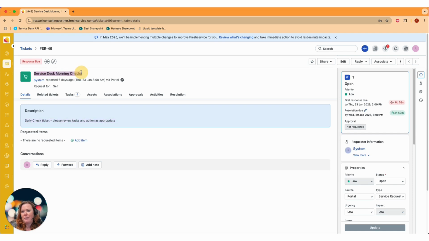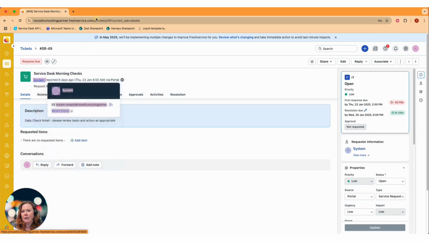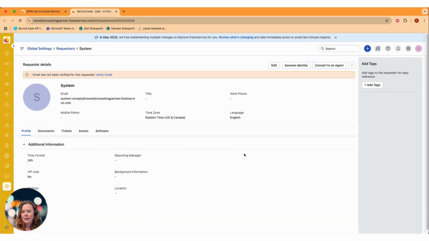The subject of the email would be here, and the person having sent the email would be here. And you can obviously click on this and open it up and immediately see the details of that person underneath. Typically what you would have is that connected to your Azure, Entra, Active Directory, or whatever identity management system, and Fresh is going to pull in all the information about that person from your ID management system, and they'll tell you where they are, tell you what their department is, their line manager is, all that sort of wonderful